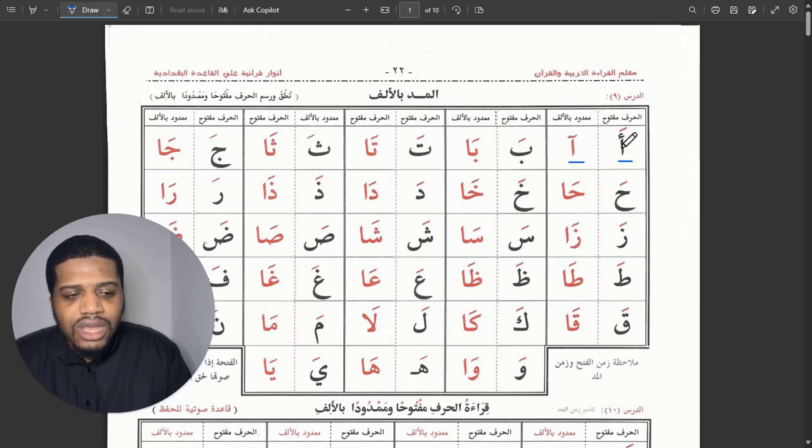So instead of writing for instance something like this, okay, what they do is they remove this hamza, is removed, and you just have that wiggly line on top, which is elongation. Okay,